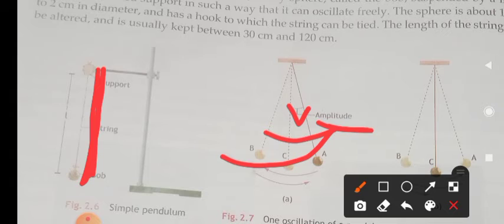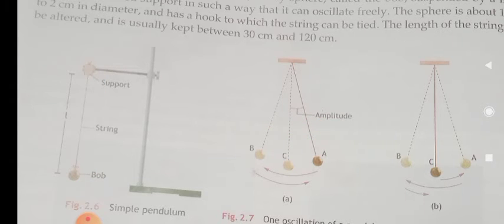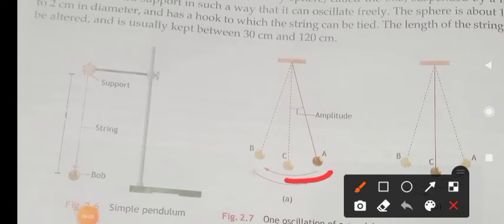Yes, that sounds good. Then the total time taken by the pendulum to complete one oscillation is called its time period. So the time period of the pendulum is from the mean position: it must move forward, then go backward, then come back to the mean position again. The time taken for this is called one oscillation, and the time taken for completing this oscillation is called the time period.